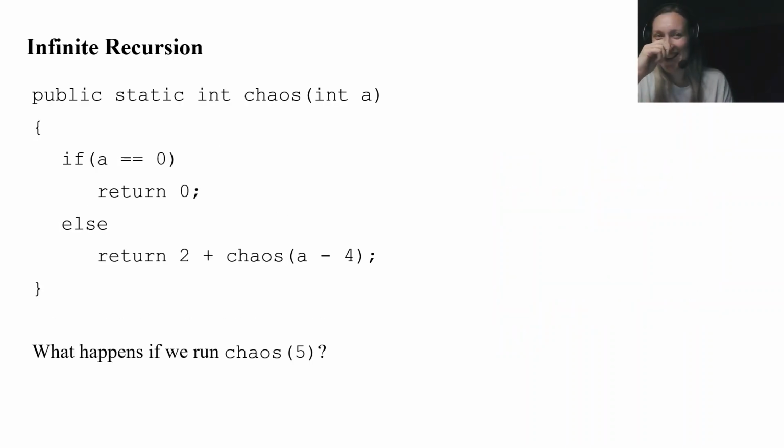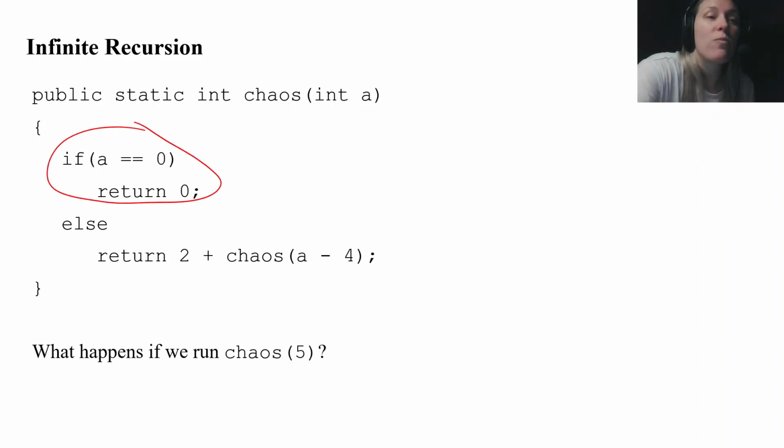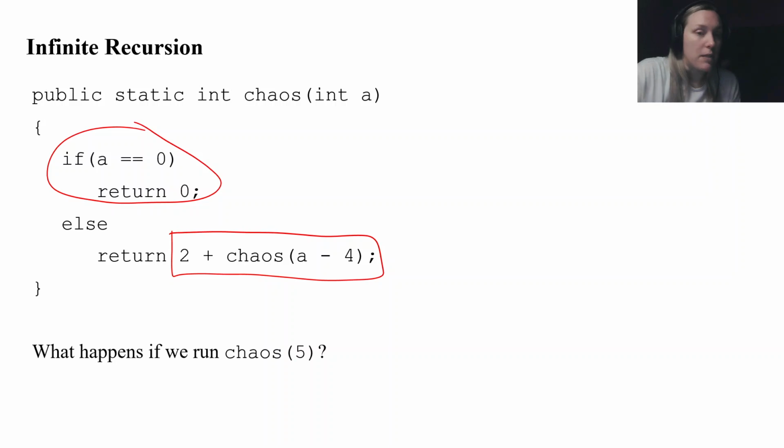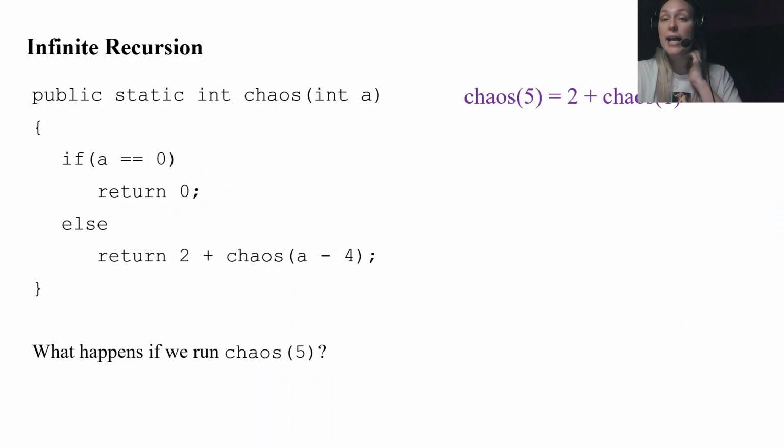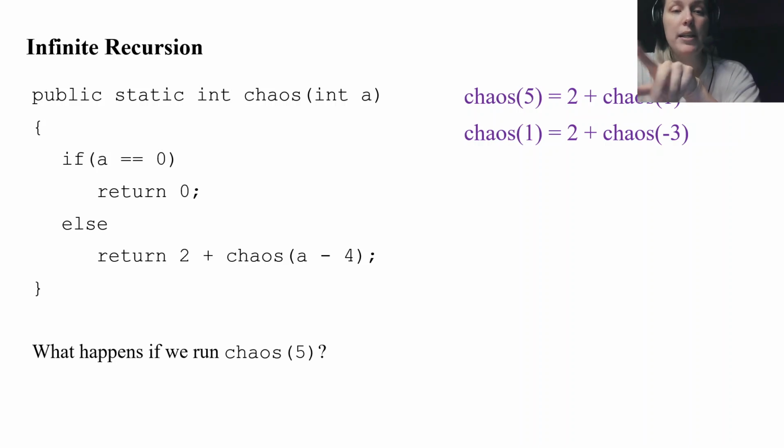Our second case of infinite recursion: this method is called chaos. I do notice a base case in here. When A is equal to 0, I return 0. Otherwise, I have a recursive call in my else statement. Perfect. So let's run chaos 5. Chaos 5 is equal to 2 plus chaos 1, because I return 2 plus, and 5 minus 4 is 1. Chaos 1 is equal to 2 plus chaos of -3, because when A is 1, I take 1 minus 4